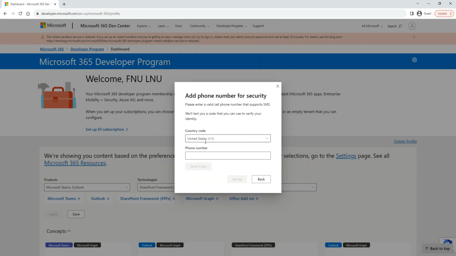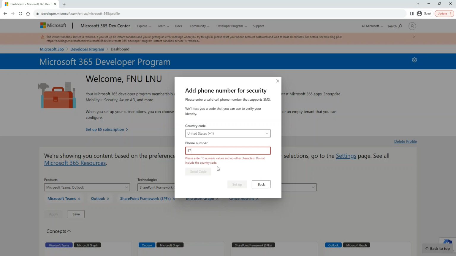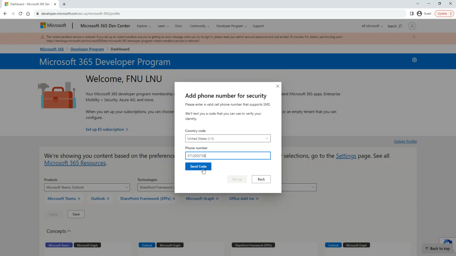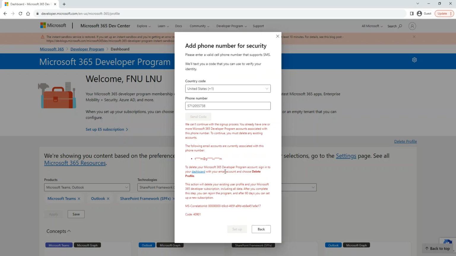This is where it is trying to verify my tenant with my phone number. Sometimes if you already had a previously owned Office 365, it might say no. So I'm gonna try to use my existing number, and then it is gonna send the code.